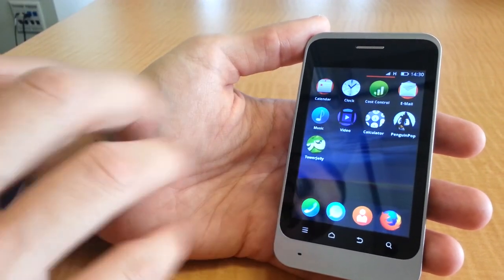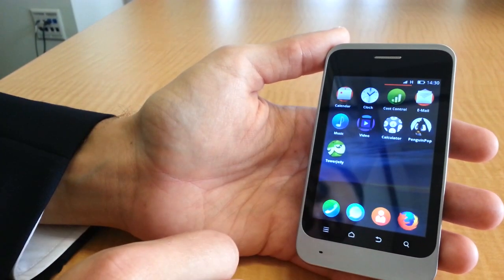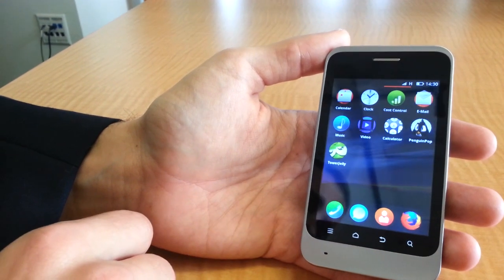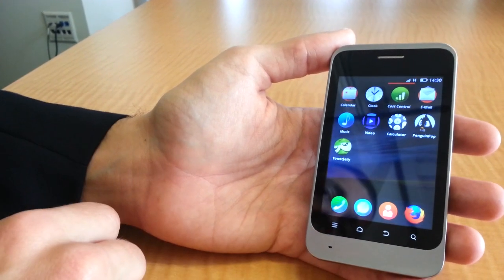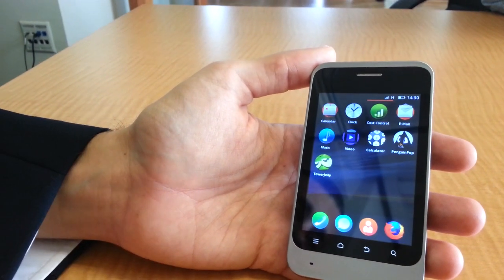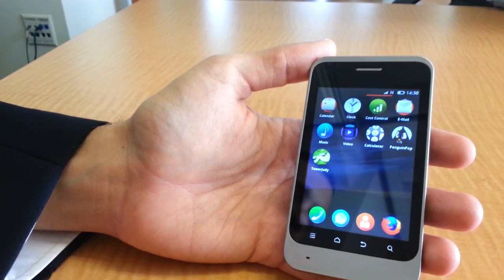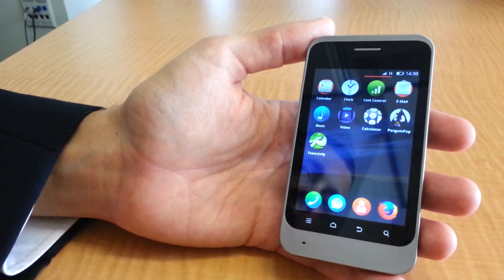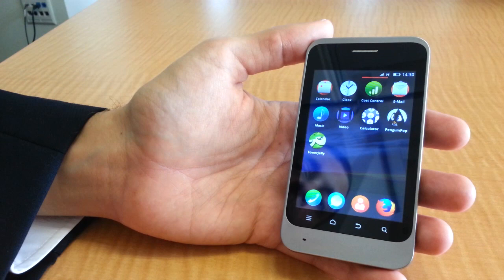So we have a calendar, a clock, email, all the basic things. We have a couple of games here as well. You can see Penguin Pop and Tower Jelly. These are just existing HTML5 games that we have installed on this device, and they run flawlessly. What you can see with this is that the ecosystem of the smartphone is the web. We can take the millions of web pages and web apps already out there, and games and everything, and they run on this device natively. And that's our app ecosystem.